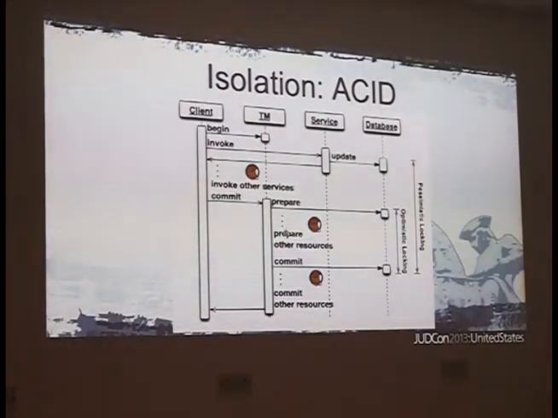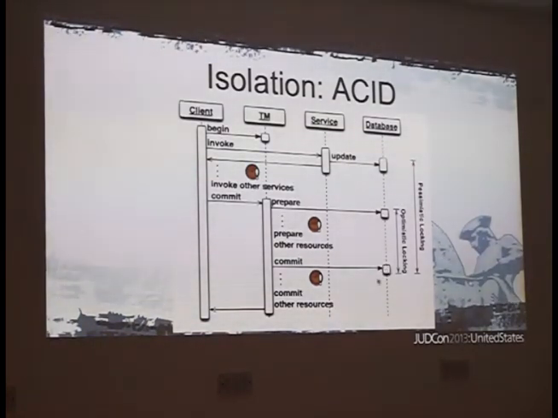The transaction manager can then go and prepare all the other resources, again taking time, all the while this database is having to hold on to these locks, and it shouldn't release them until it's told by the transaction manager to do so. It can make a heuristic decision, but again that's bad, because you can end up with an inconsistent outcome. And finally, the transaction manager tells the database to commit, and at that point it can release its locks